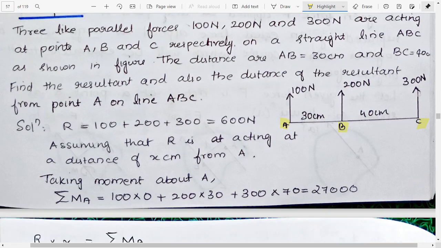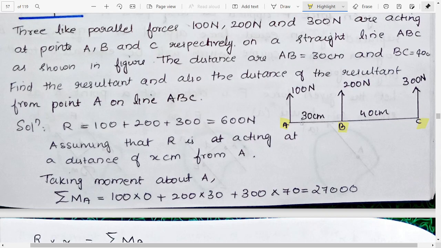So we are given three forces. What will we do first? First we will just calculate the resultant force. So it will be 100 plus 200 plus 300, so we will get R equal to 600. Now we just need to find x, and now we know that